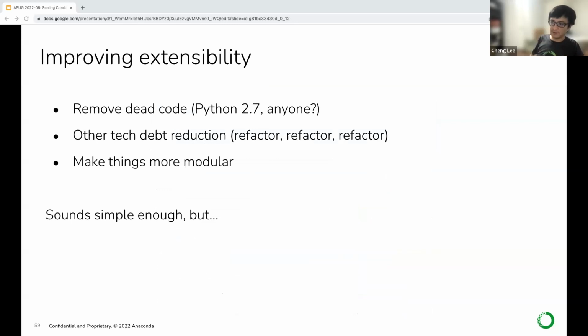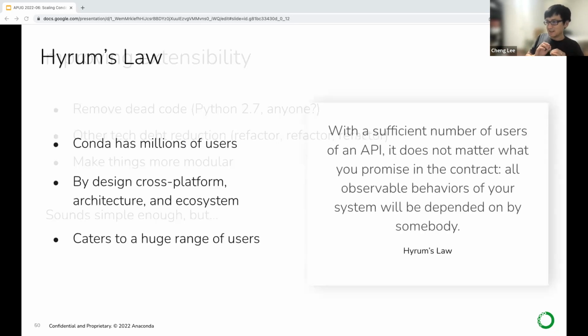On the extensibility front, yeah, sure. Let's go do simple things. Let's just go prune out that code. There's a bunch of Python 2.7 code in there that we'll never need again. We'll just refactor for tech debt. We'll just make things more modular, which sounds easy. A lot of work, but, quote, easy. Except for something called Hyrum's Law, which is with a sufficient number of users, and conda has 27 million odd users,